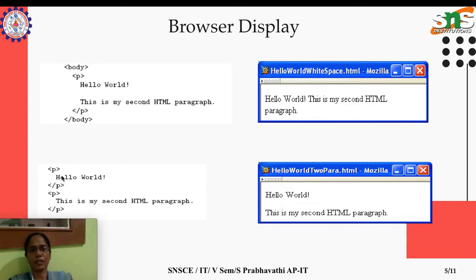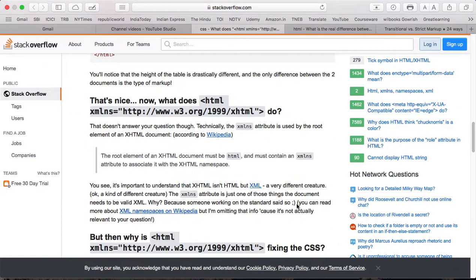Similarly, if we split that single paragraph into two paragraphs, then in that situation, since the paragraph is a block element, it will take us to the next line. Only in this situation will we get the output like this. So for this we will go for a little demo.